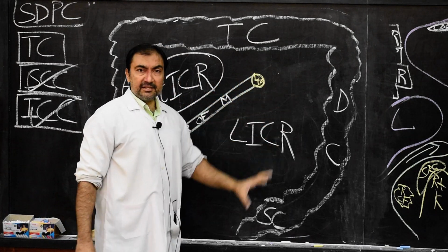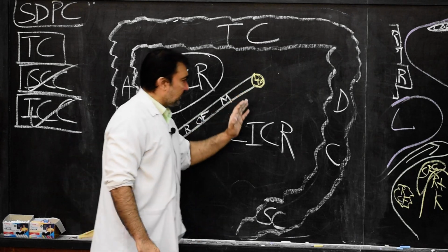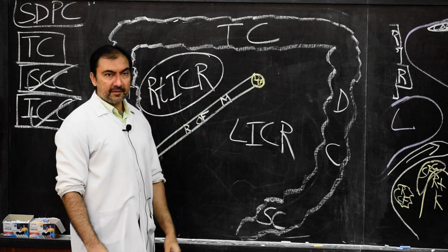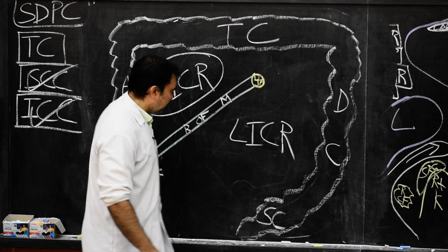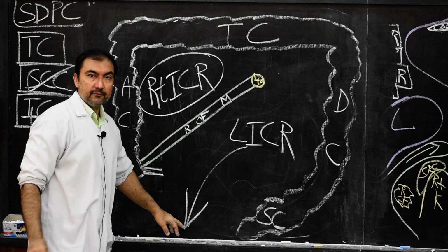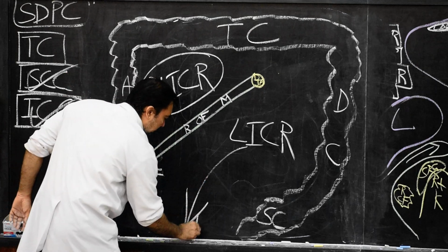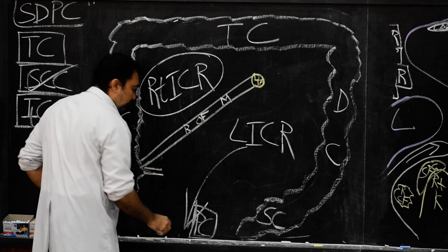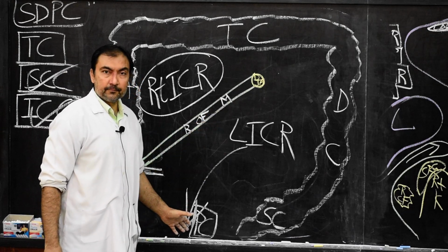The left infracolic compartment is not a closed cavity. What are the boundaries first? The boundaries will be left side descending colon, right side root of mesentery, superiorly transverse colon, and inferiorly, you can see over here, it will communicate with the pelvic cavity, the different regions of the pelvic cavity.